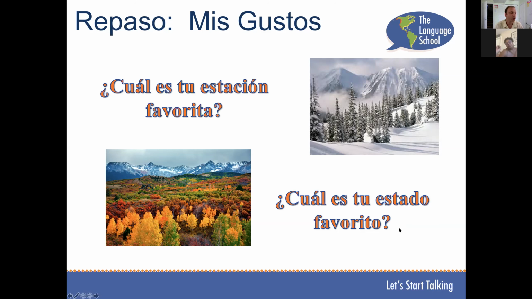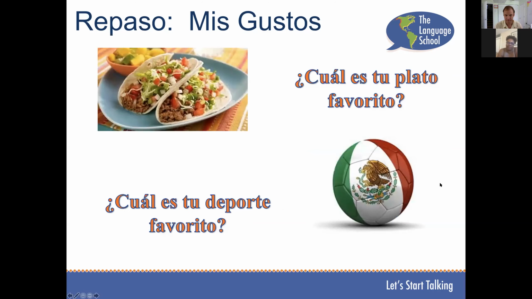Muy bien. ¿Cuál es tu estado favorito? Is that what state? What is your favorite state? Yes. Muy bien. Mi estado favorito es Colorado. ¿Cuál es tu plato favorito? Mi plato favorito es tacos. Sí, bien, muy bien. ¿Cuál es tu deporte favorito? Mi deporte favorito es,